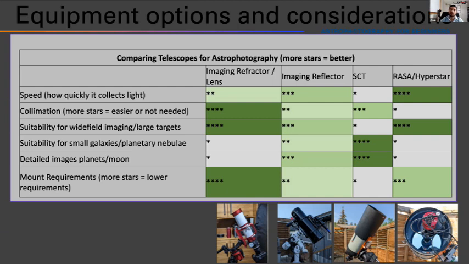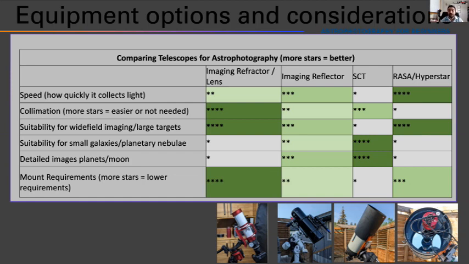So in that picture, I was using my iOptron SEM70 with that C11 because my EQ6R wasn't quite doing the job. However, I have now moved my C11 EdgeHD to my EQ6R because now with the Hyperstar that I'm using with it, now it is adequate. So with RASAs or Hyperstars, even though they weigh just as much or more than an equivalent C11 or Schmidt-Cassegrain, they have a very short focal length. So my C11 with the Hyperstar, as you can see with the camera at the front, has a focal length of only 560 millimeters.